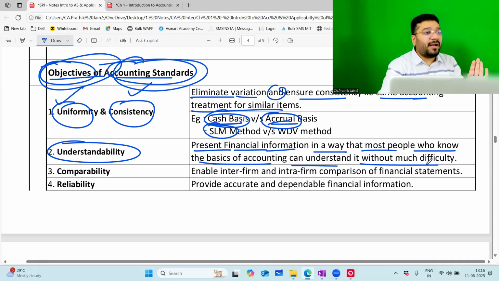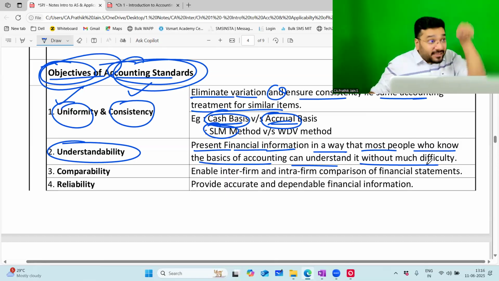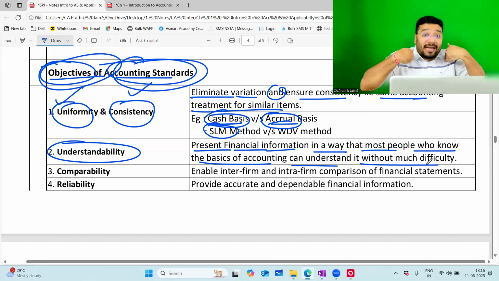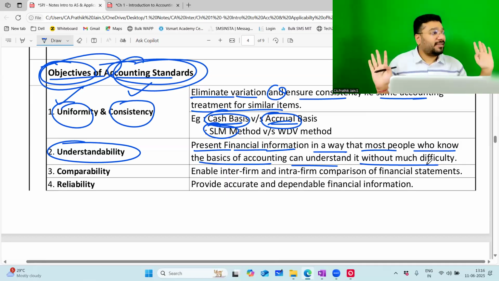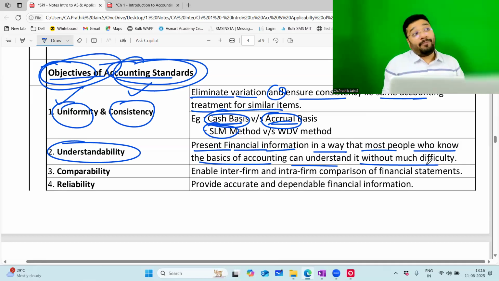Anyways, financial statements can be understood only by those people who have studied commerce in 11th, 12th. You tell a doctor or engineer to go through a financial statement, he will not understand, even though you make it easy, because he doesn't know the basics of accounting. So what are they telling? You prepare and present the financial data in such a way that at least a commerce person who did 11th and 12th should be able to understand. Forget engineers and doctors, they will not understand. But if you are preparing a financial statement where even a commerce graduate cannot understand, then what financial statement are you preparing?